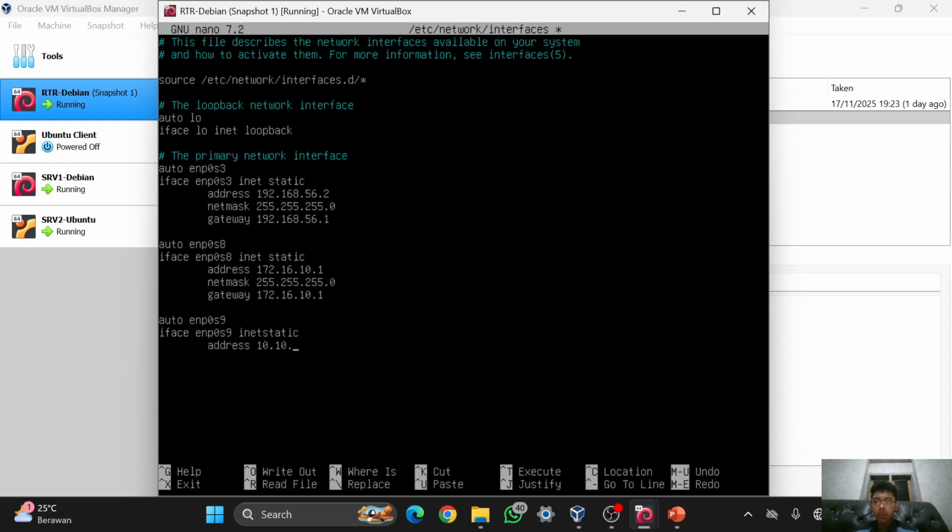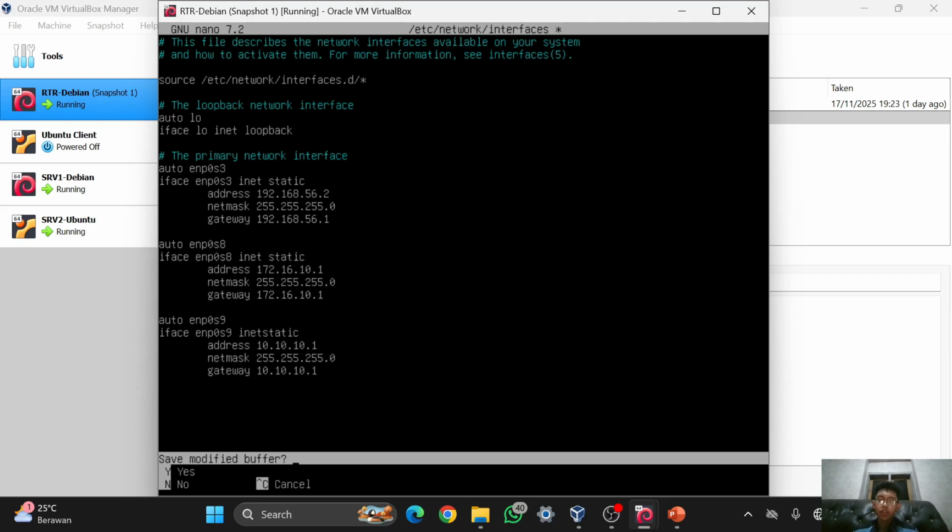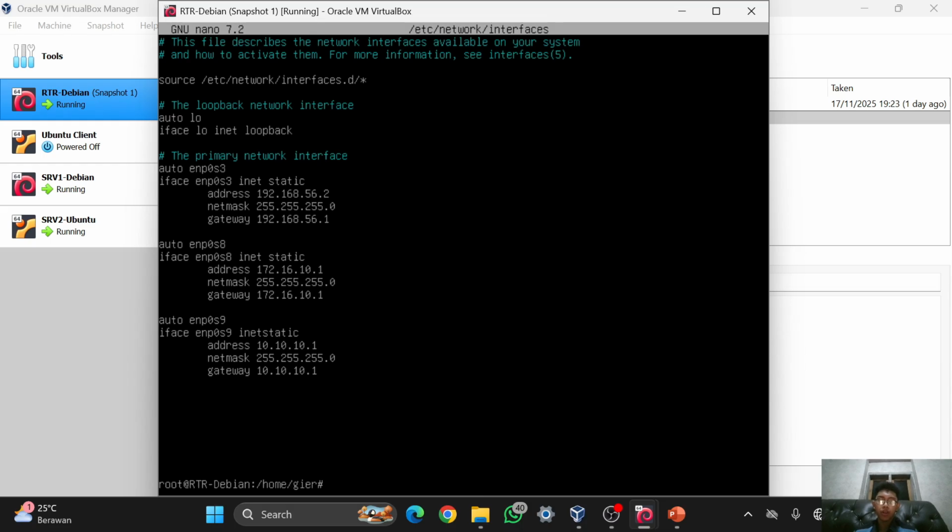I will use this IP. The netmask is using 255. Sorry, I forgot to type netmask. Then I will Control X, then Y. So this is how to configure the IP on the router server, and then I will Y and then enter.